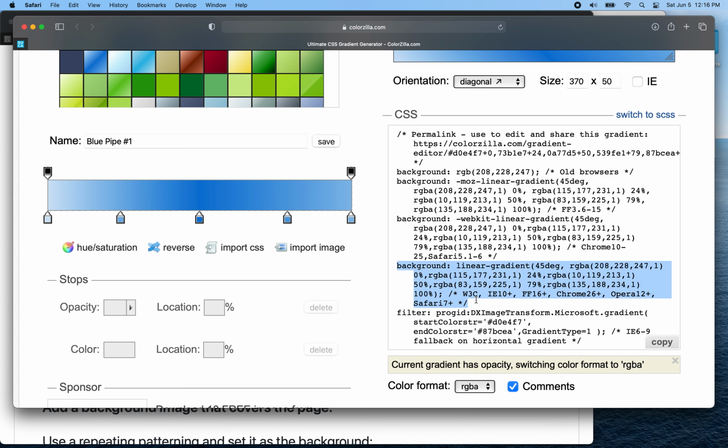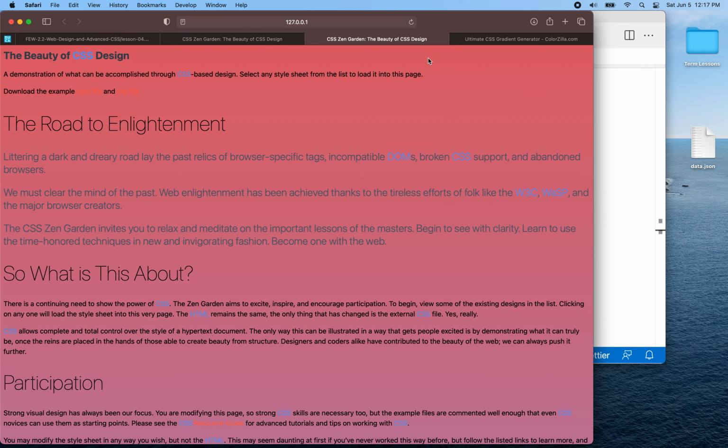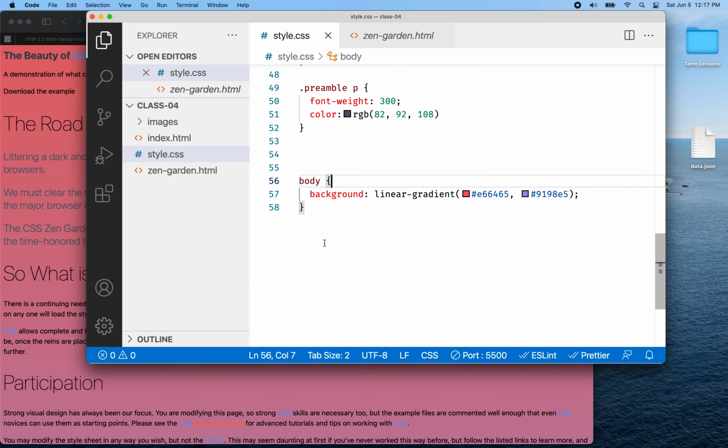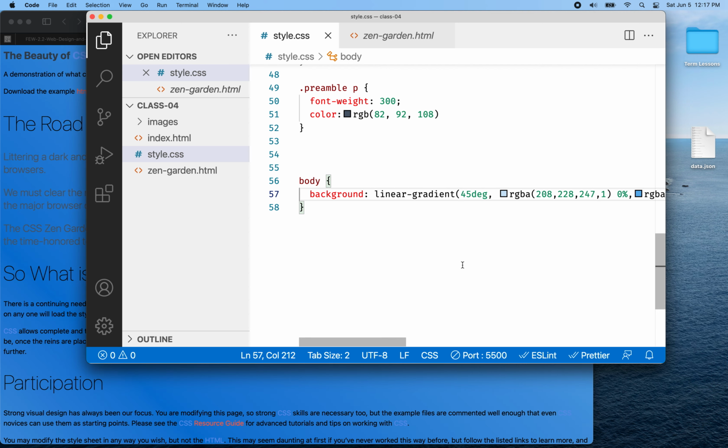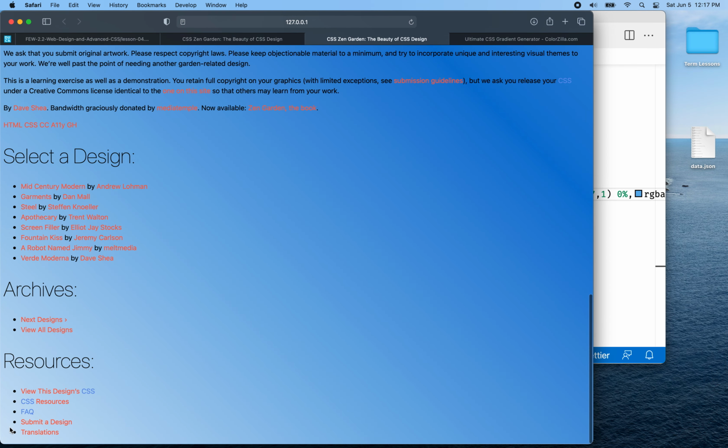I think this is the one I want. This is just the regular gradient code. It's just background, and then it says linear gradient, and this covers W3C, IE10, Firefox 16 plus, Chrome 26. So I think that's the one we want. I'm just going to copy this right here, and I'll go to my Zen Garden page. That's a gradient I did before, but maybe I'm going to get rid of this and we'll replace it with this one. Okay, so there's the gradient,